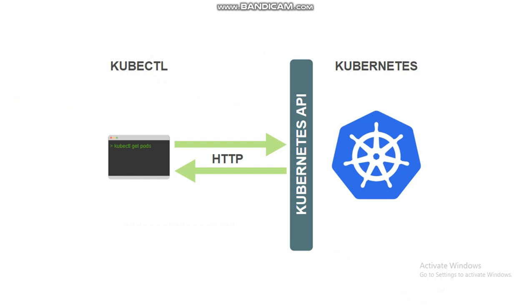Think of Kubectl as the command center for Kubernetes. It's a command line tool that allows you to interact with your Kubernetes cluster. With Kubectl, you can manage applications, view and inspect resources, and troubleshoot issues. Every time you issue a Kubectl command, you are essentially talking to the API server, which then instructs the cluster